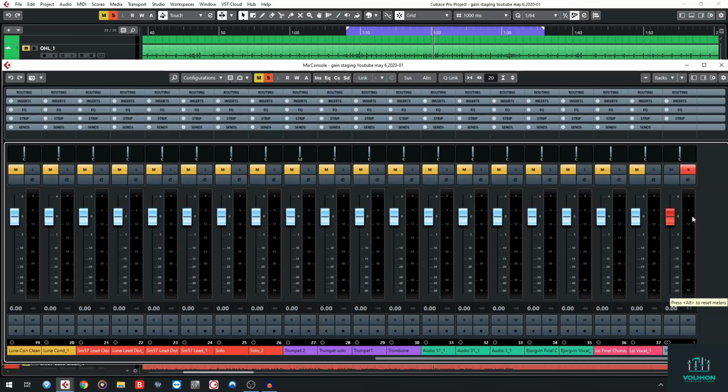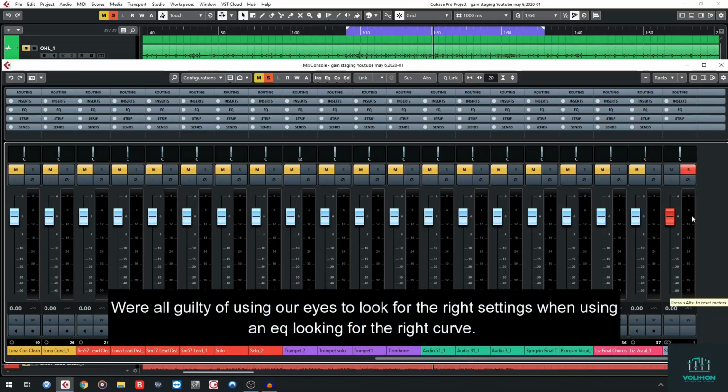So yeah, I hope that this gain staging tutorial helped you out in how to do gain staging. It is probably one of the stages where you do rely on your eyes, compared to pretty much the next few steps where you purely rely on your hearing. So again, I hope that this helped you out, and this is part 1 of 5 for the 5 secrets